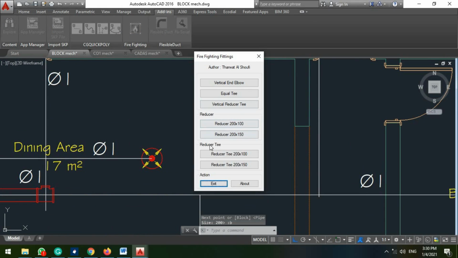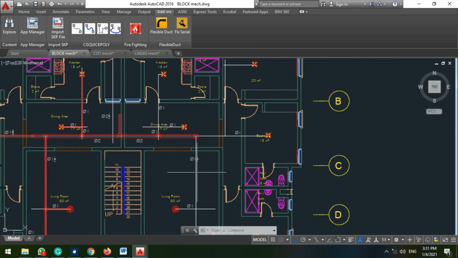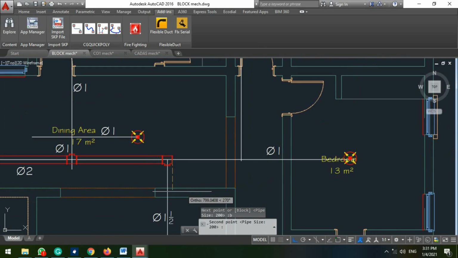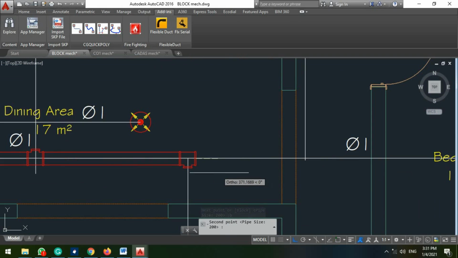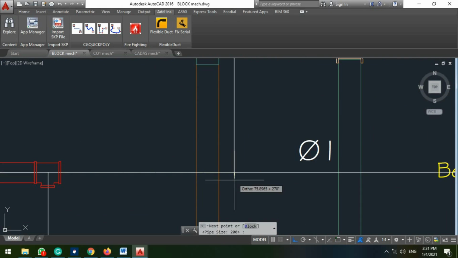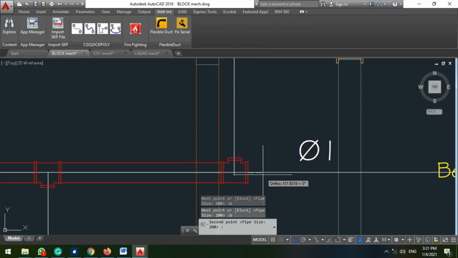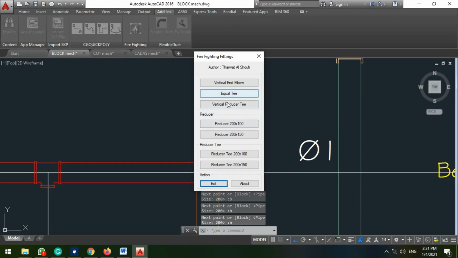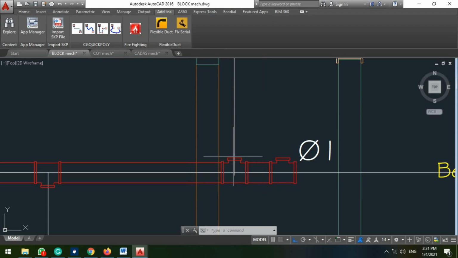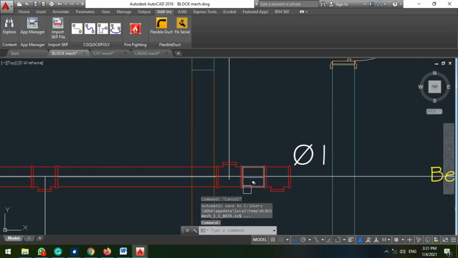B enter again, we are reducing to 100, we are using reducer to 100 here, because we have 100 coming down here, 100, so we continue, continue, B enter, reducer T to 100 again, and from here B enter, we reduce to 100, so we can't just reduce to 75, that implies we've made a mistake here, so we ought to have reduced this one before coming over,